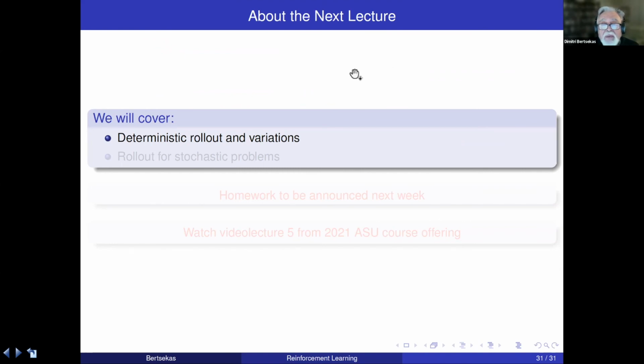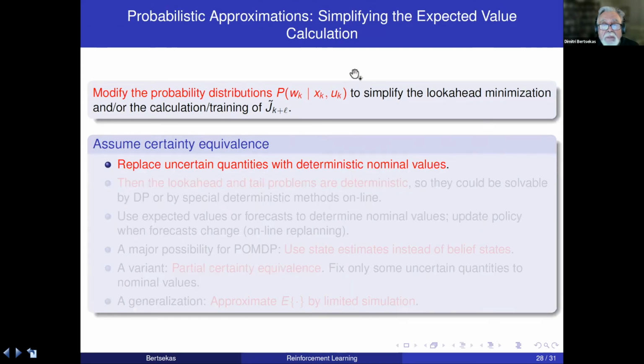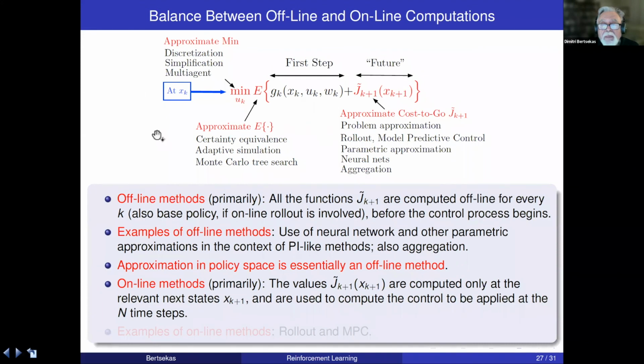Our objective is to fill out this figure here, and its infinite horizon version. We're going to talk about various ways to compute J tilde, various ways to do this minimization, and various ways to approximate. We're not going to cover these topics fully over time, but one by one, we start checking out